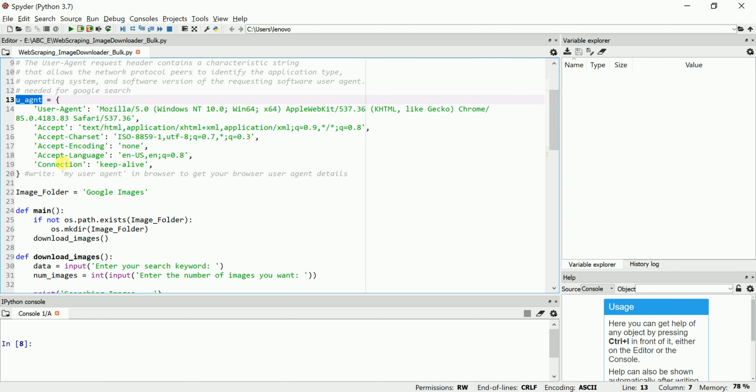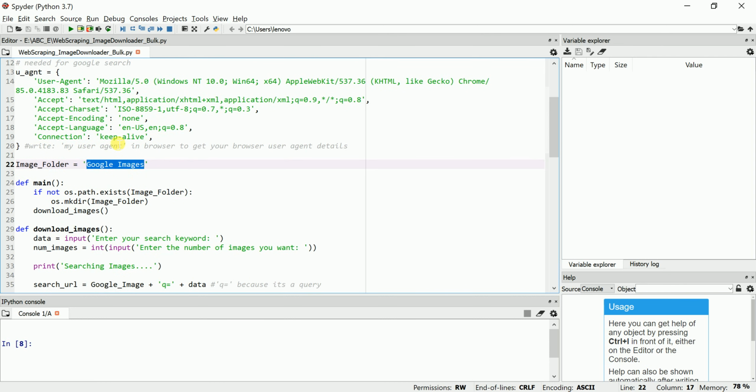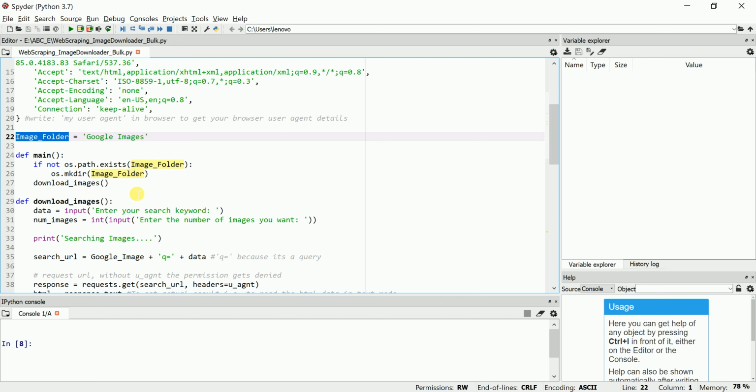Then, to download the images I require a folder where the images will be saved. That folder name I have given as Google images, and the folder variable is created as image_folder. Then I am writing a function.